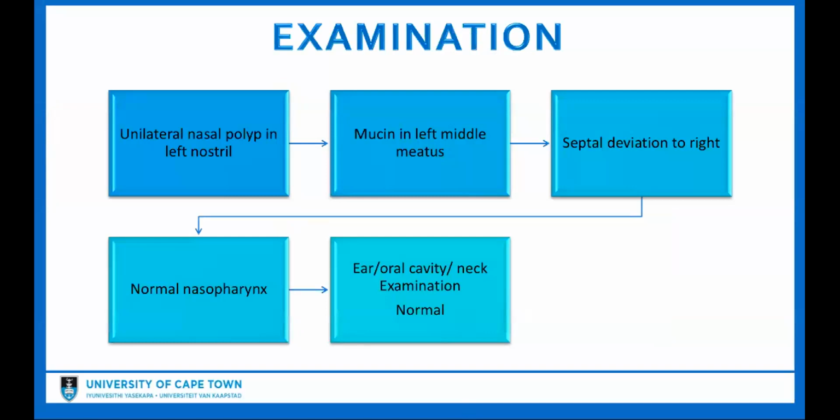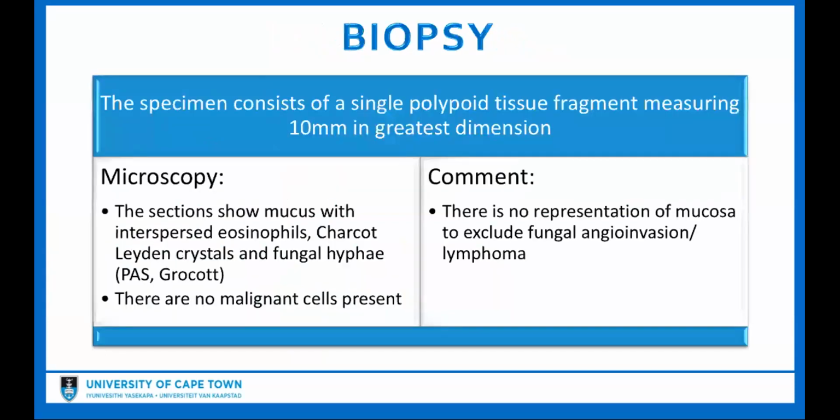On examination, a unilateral nasal polyp was seen in the left nostril, and mucin was observed in the left middle meatus. She was noted to have a right septal deviation, a normal nasopharynx, and her ear, oral cavity, and neck examination were normal. We proceeded to do a biopsy where the section showed mucus and interspersed eosinophils, Charcot-Leyden crystals, and